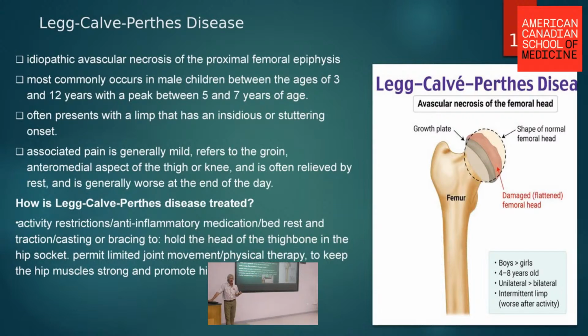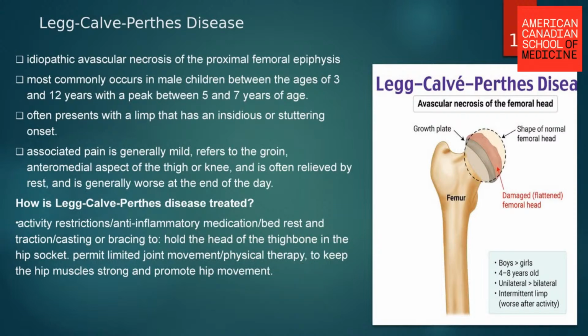Males between the age of 3 and 12 present with a limp, much more insidious in nature, associated with pain, referred to the groin. Remember, hip pain can refer to the groin, the thigh, the knee, the buttock area. It's generally treated with restricting activity, anti-inflammatories, bed rest, sometimes traction, casting, depending on the age. It's a difficult